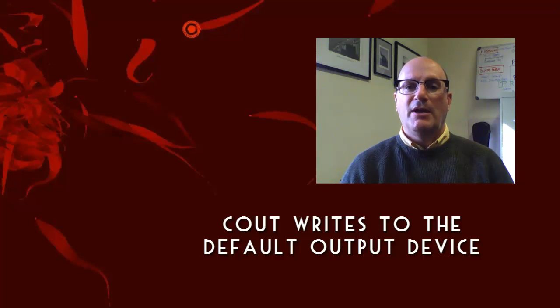So the nature of streaming input is such that whatever is typed in at the keyboard is put into a stream, and as we program cin statements to ask for integers, characters, text strings, whatever there may be, it picks up the next item that's in the input pipeline. The same way with cout. When we send various data items through the cout stream, it sends them one by one to the default display